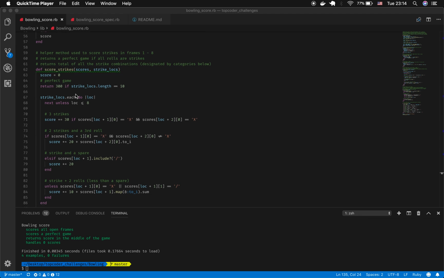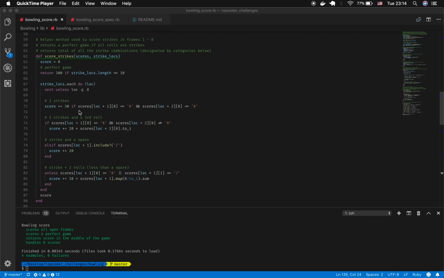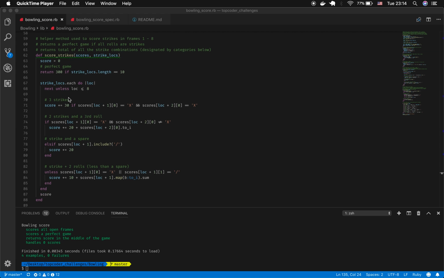However, if it's not a perfect game, then I need to check each of the strike locations. So what is happening is I iterate over the strike locations, and at each location, again, I'm checking every location in the strikes list, and if the location is less than or equal to 8, again, we want to only deal with frames 1 through 8,